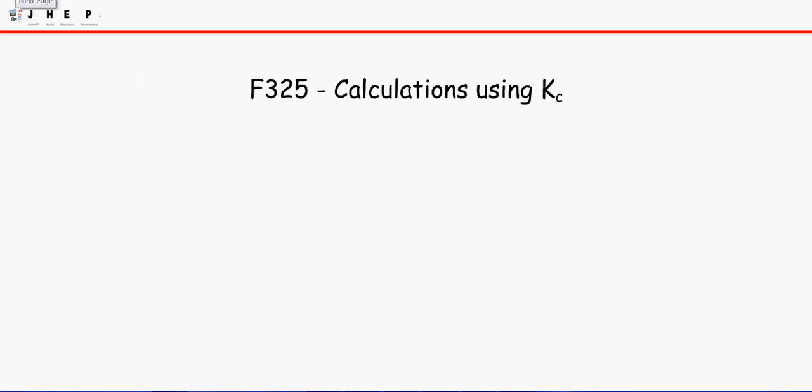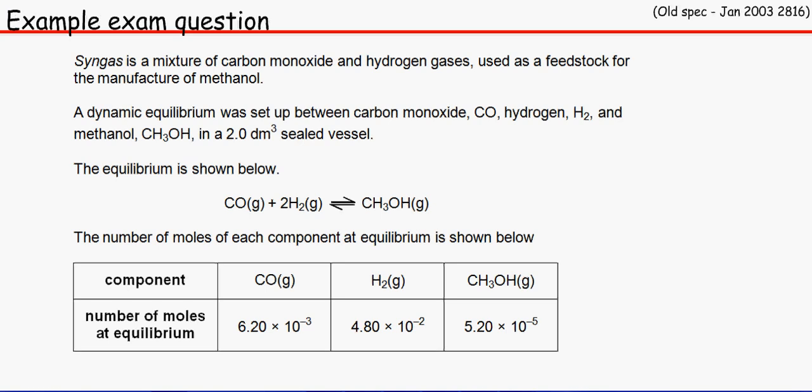What we're going to do is go through two example exam questions in order to figure out how to actually find out Kc from equilibrium data. So over here we've got syngas, a mixture of carbon monoxide and hydrogen gases, and this is the equation below. An equilibrium was set up between those three compounds in a 2.0 decimeter cubed